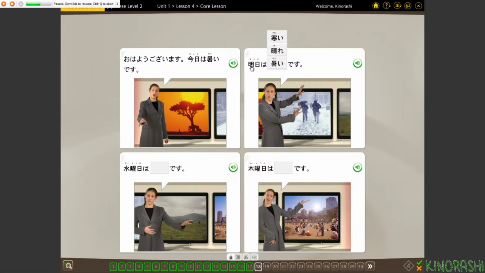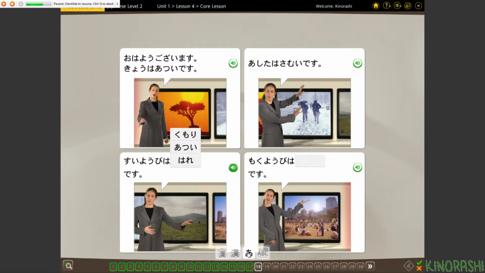So you can actually think of it like a time translation. Sun, moon, sun. What day is that? If you started off on this day, sun, moon, sun, it means you're on the next day, ashita. So ashita, samui. 明日は寒いです。